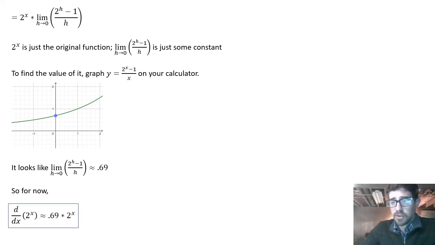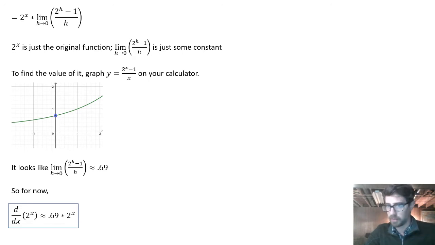So for now, we have what we expected. The derivative of 2 to the x is 2 to the x times this number, so times this 0.7-ish number. So it's right, the growth of an exponential function is also exponential. It's a little less since this number is less than 1, but the derivative is still growing exponentially. So it's just some number times the original function. And in general, that's it. The derivative of an exponential function is the function itself